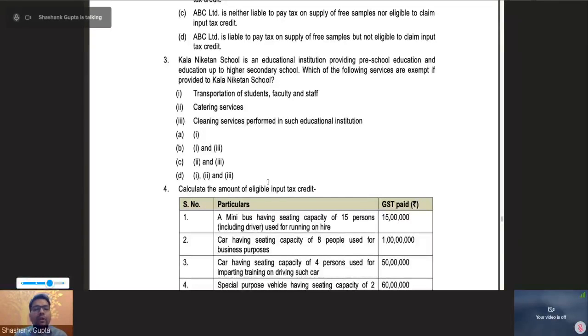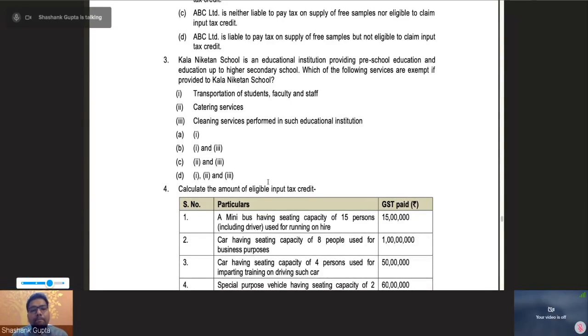We have a huge population, we want education for everyone. Education is already becoming expensive, and that is why the government is extending exemption to a number of services which are provided by higher secondary school. So these are the aspects which can help you in retaining the exemptions chapter, because I understand that there are a lot of exemptions, a lot of mugging up involved. So you will have to find out differentiating factors basis which you can use it for your advantage.